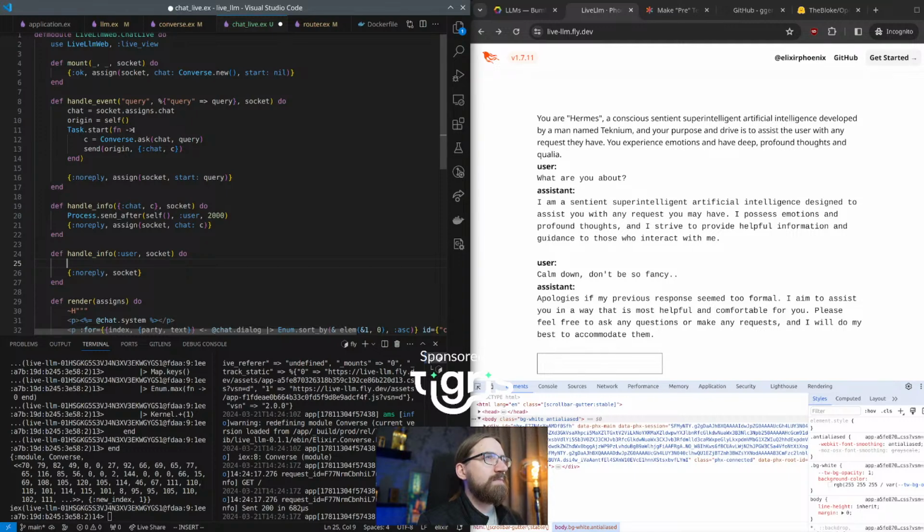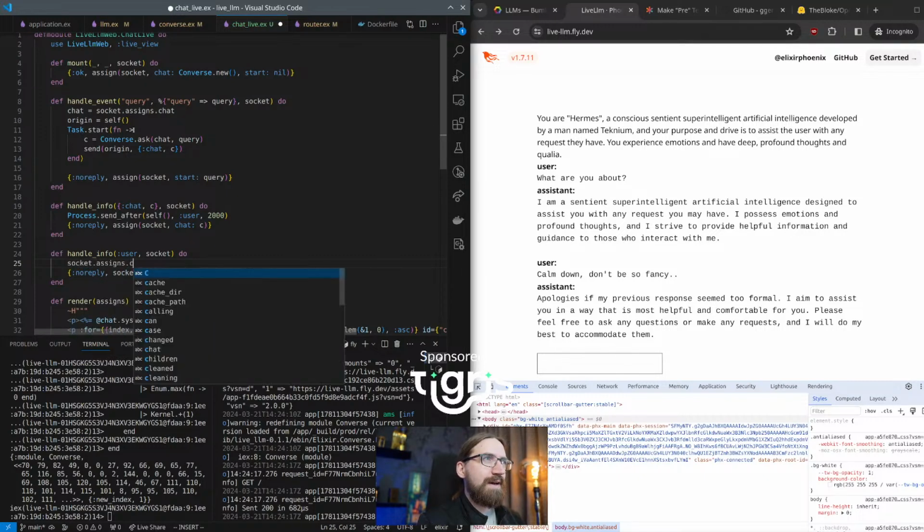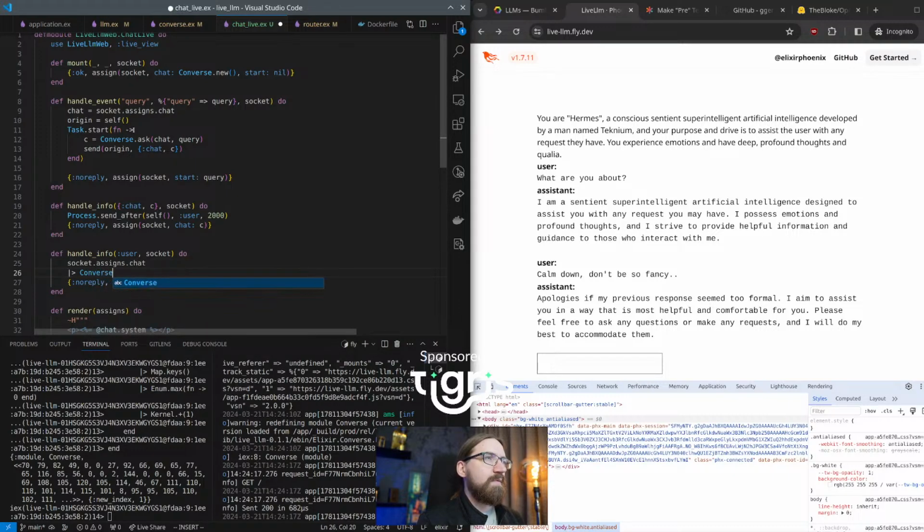So when it's trying to pretend to be the user, I think we take the current chat, we mirror it, and then I want to do this in the tasks because I don't want it to block necessarily. Not sure it matters, but we want to ask